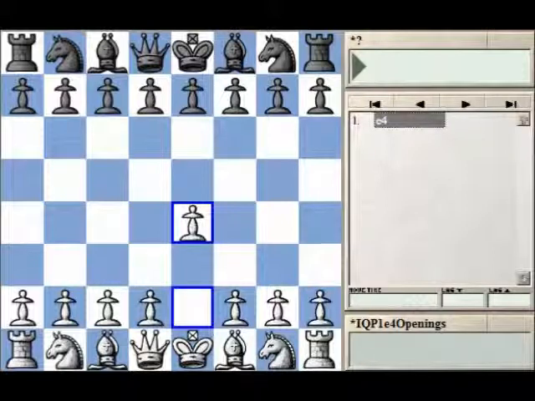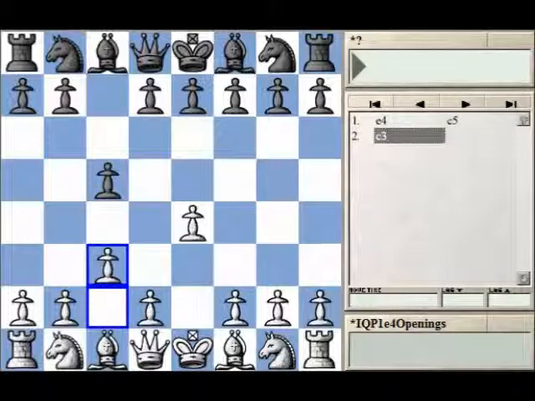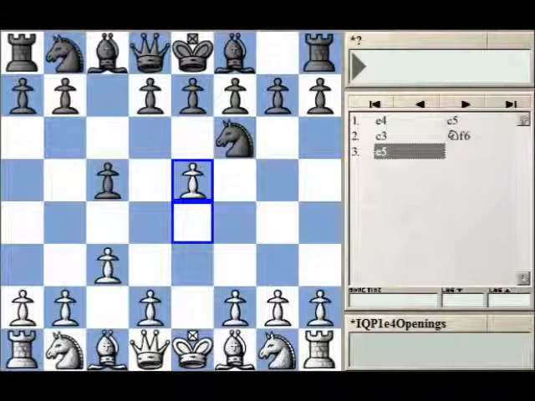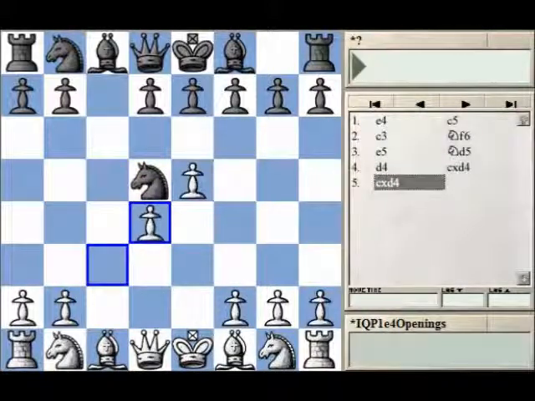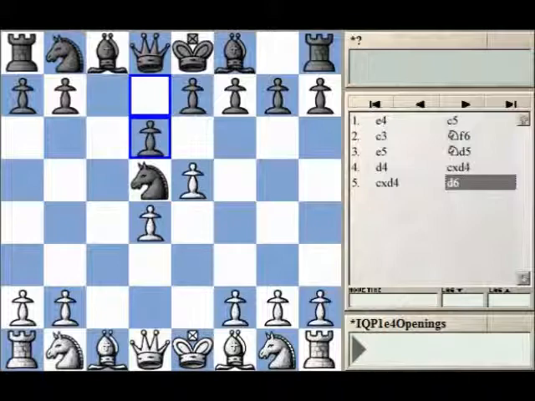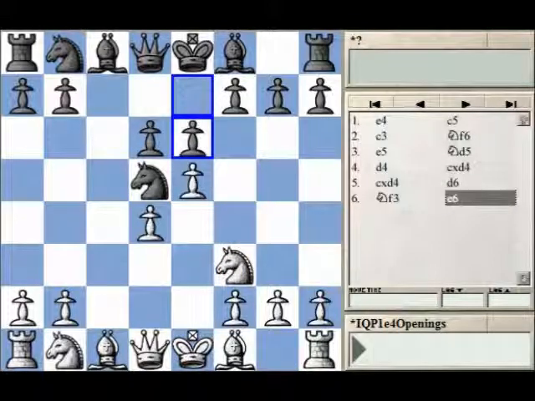Now, the Sicilian Defense is not known for isolated d pawns, but after the move c3, for example, there are actually a lot more, but this is probably the most common one. We will get several possibilities. For example, simply here, you probably know these lines. This is just a standard c3 Sicilian. Here's one of the variations, and at this point